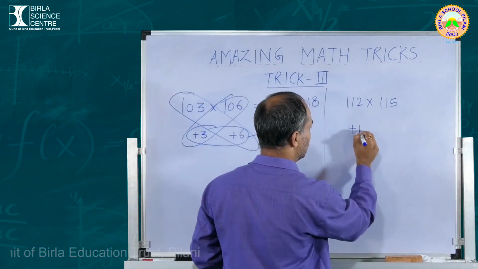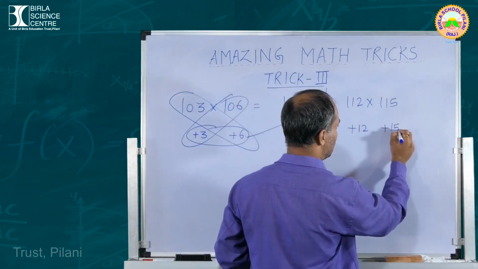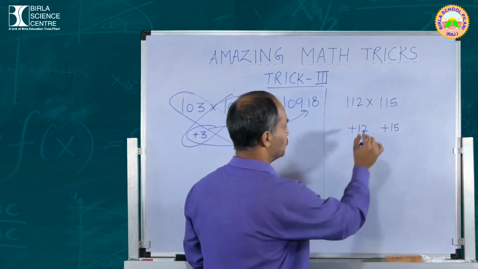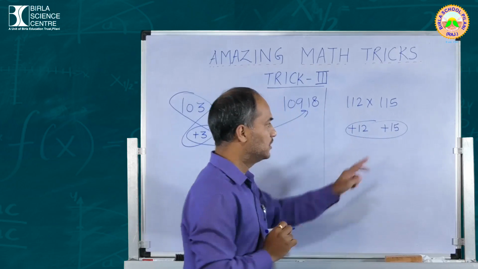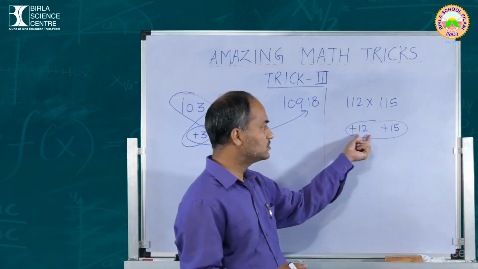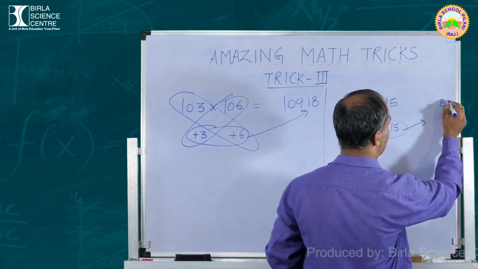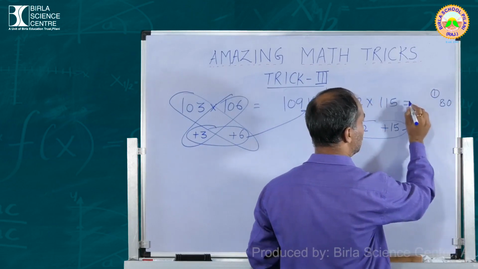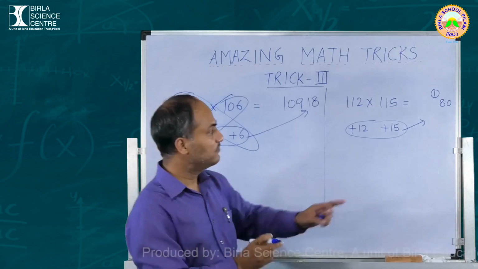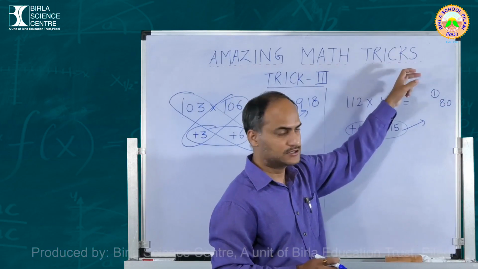Suppose we have these two numbers, then how to multiply? This number is greater than 100 by 12 and this number is greater than 100 by 15. Okay, so we are writing answers directly. So the multiplication of these two is how much? 15 into 12. Okay, we know 15 tens are 150 and 15 twos are 30. So this is 180. So we write this 80 and 1 is carry. Remember guys, we have to write this answer in two digits only. Whenever the answer comes in the third place, we have to carry forward to the next digit.